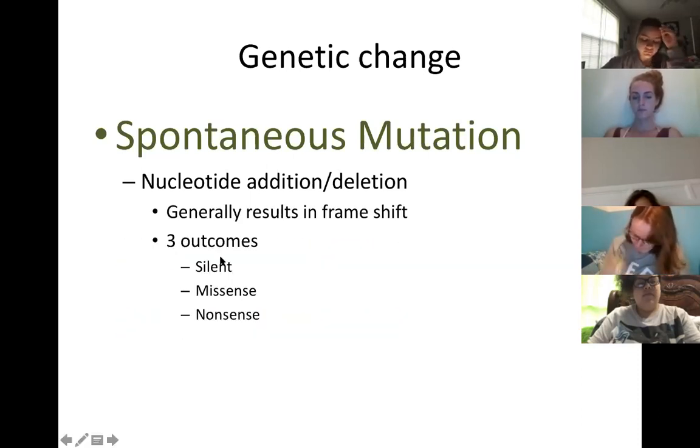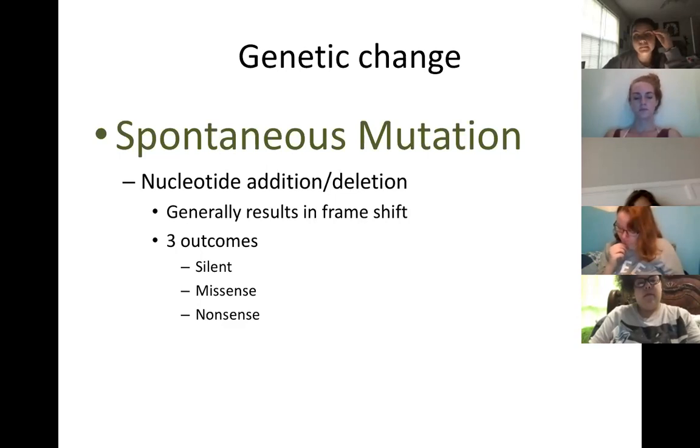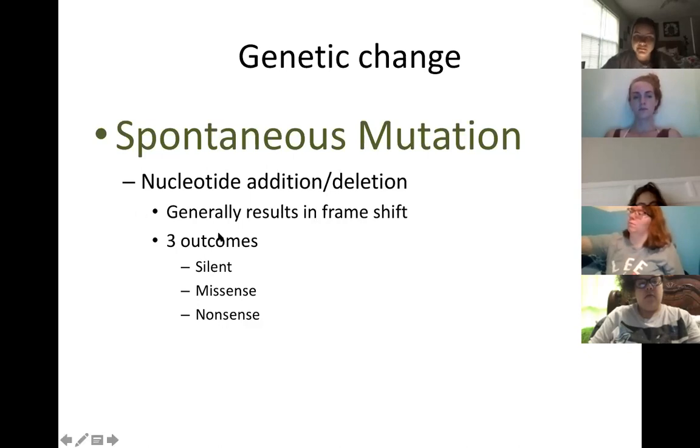Okay, so let's talk about the other major category of spontaneous mutations, and that's going to be nucleotide addition or deletion, right? And in this case, I think it was Lauren who asked this question. She talked about a no frame shift, or I asked her a question about a no frame shift in a point mutation. Now, with the addition of a nucleotide or deletion of a nucleotide, we shift those codons, all right? Because if we add something, it changes the grouping of every 3. If we delete something, it changes that grouping of every 3 codons, right? So this is a frame shift.